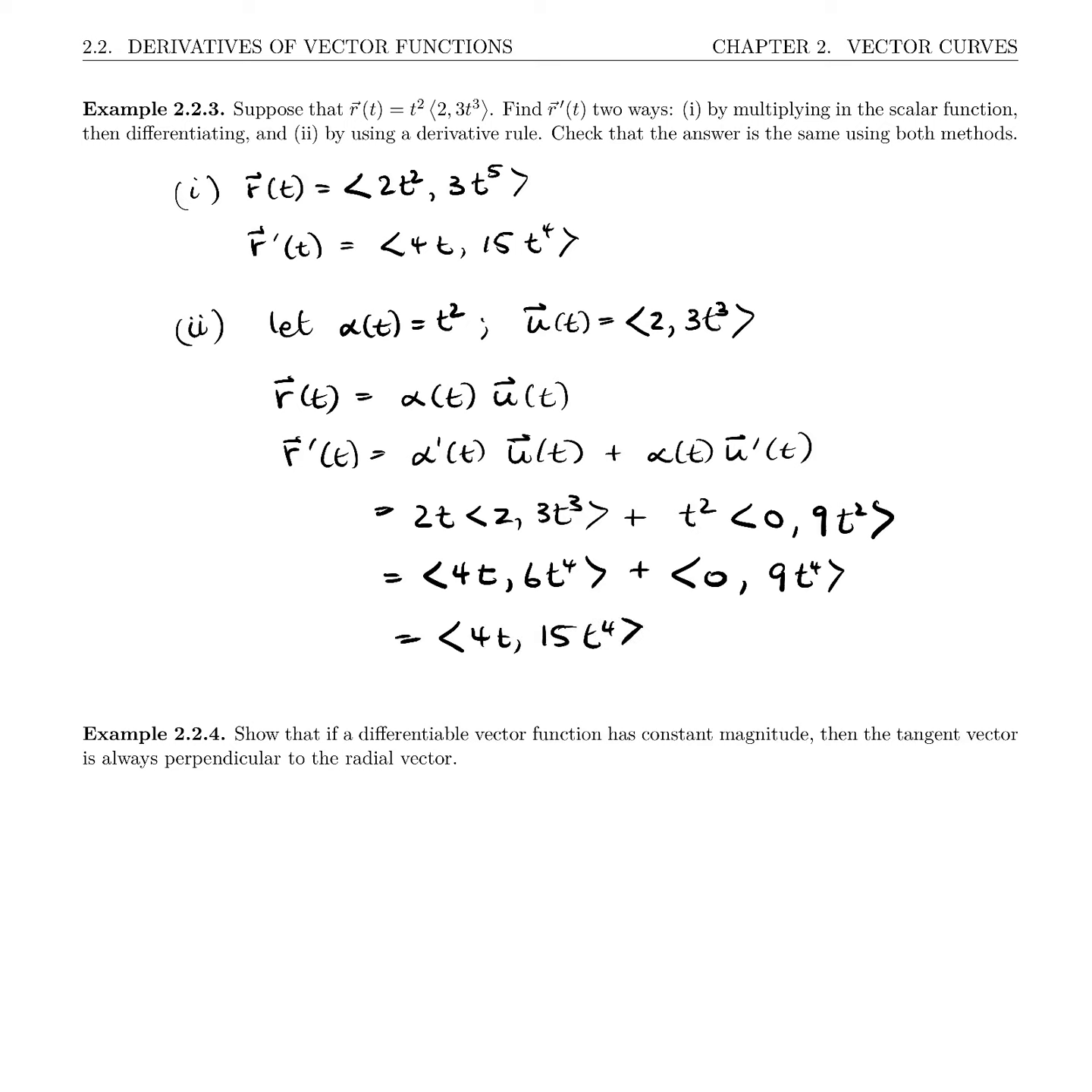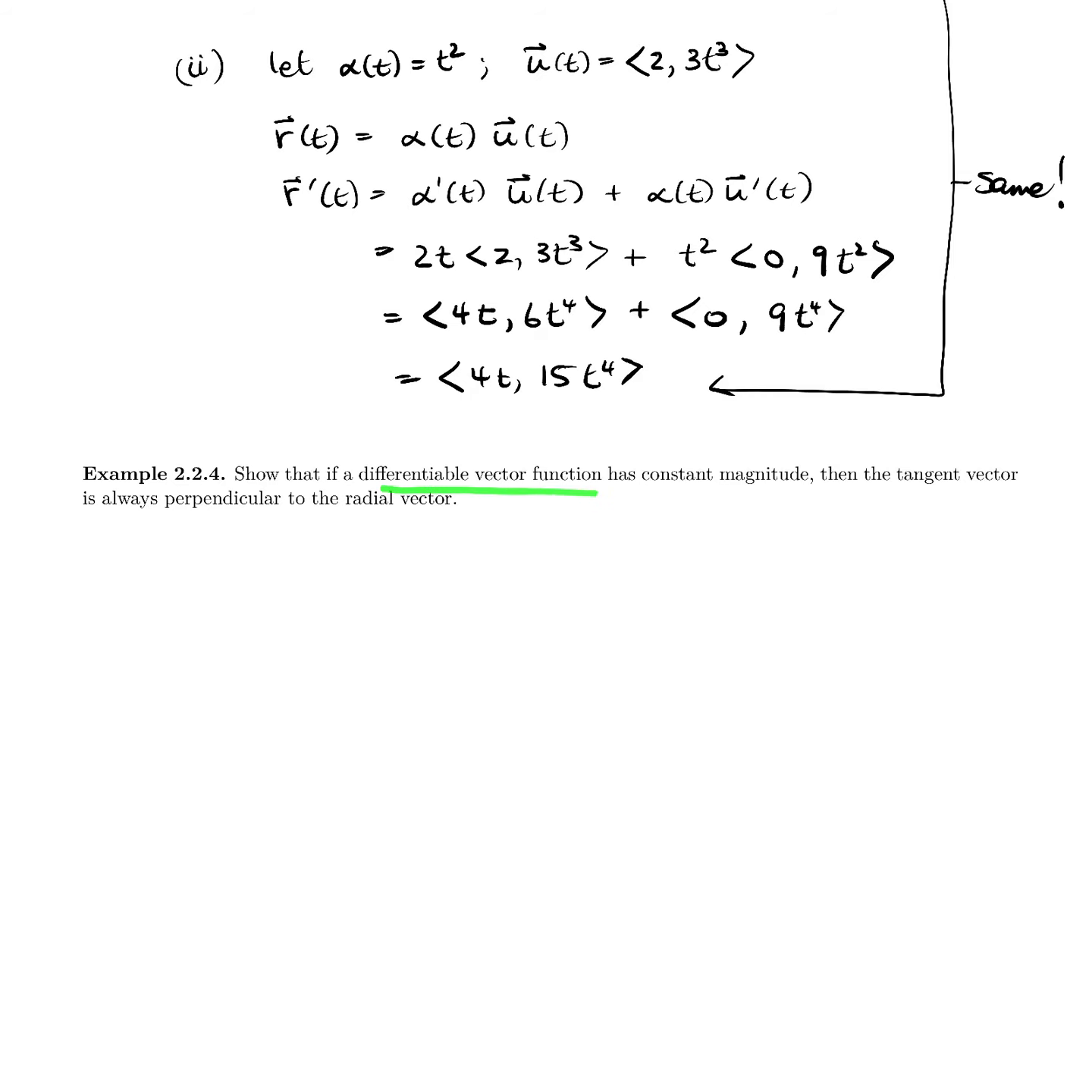Example 2.2.4 is a little more theoretical. So let's read this and set up some notation. It says, show that if a differentiable vector function has constant magnitude, then the tangent vector is always perpendicular to the radial vector. All right, so let's let